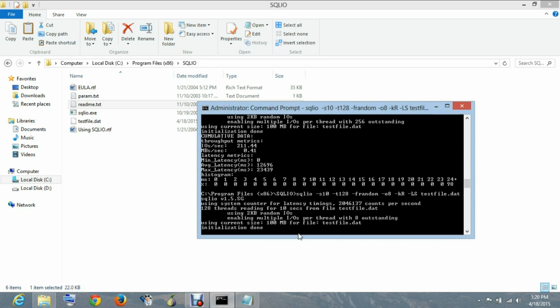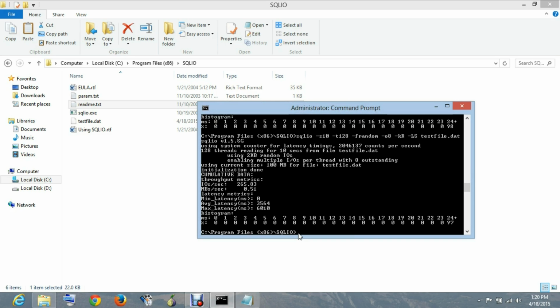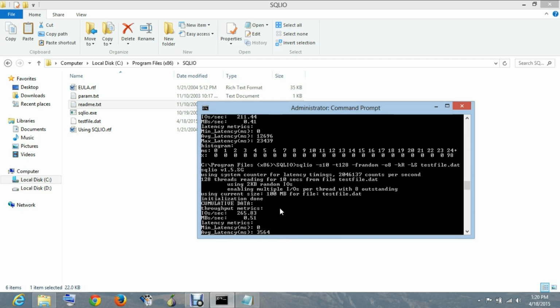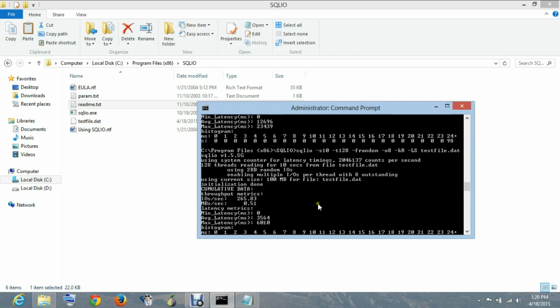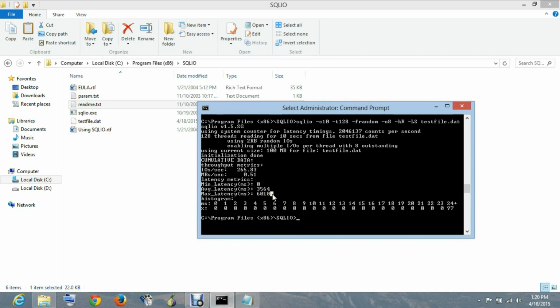This type of testing is how you determine the boundaries of a system. At what number of threads or at what number of outstanding processes per thread will your system start to fail? Till what point can your system give a reliable performance? Now the latency is even higher than before. I know it's not that high, but it's still much higher than the ones that we were getting before, like in the hundreds. Now we're getting it in thousands because of the much higher thread count.